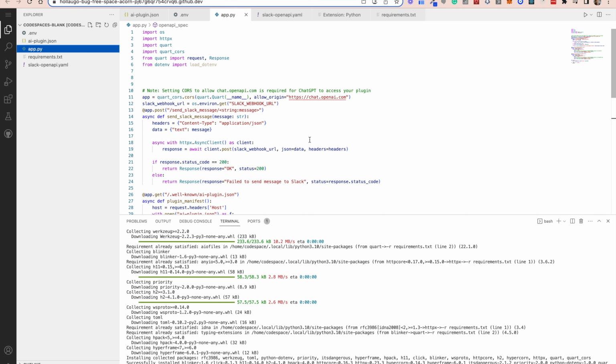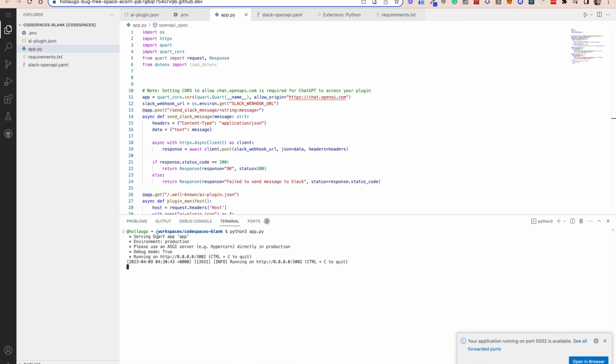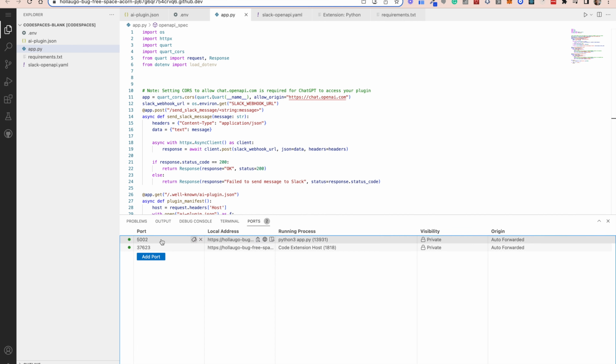So to run app.py, we'll go to our terminal. I'm just going to clear this out, and we're going to say python3 app.py. And this should run our server. So you can see our server is now open. Now, because our server is now running, Codespaces also generates a URL from their port. So you see we're running at